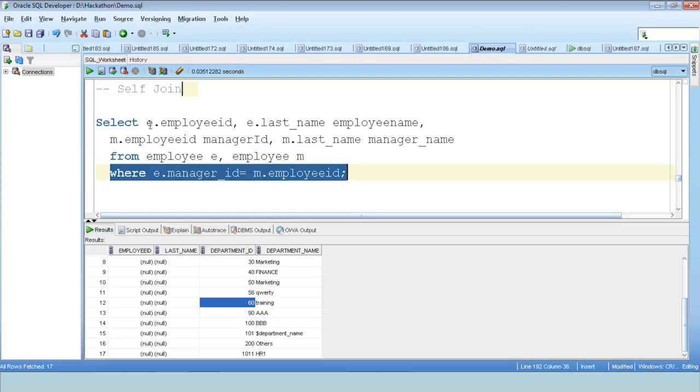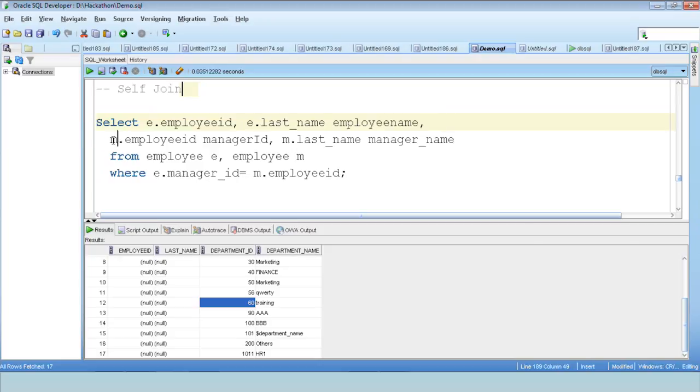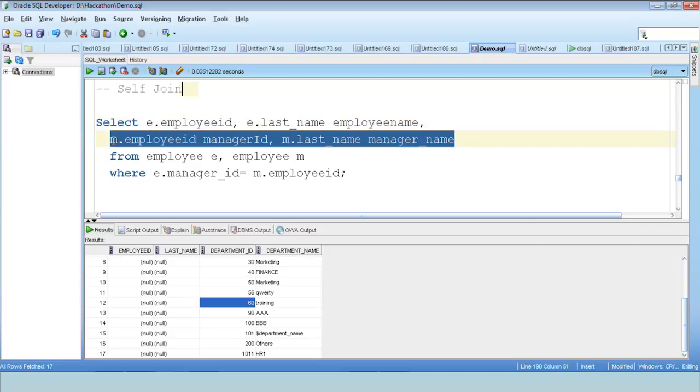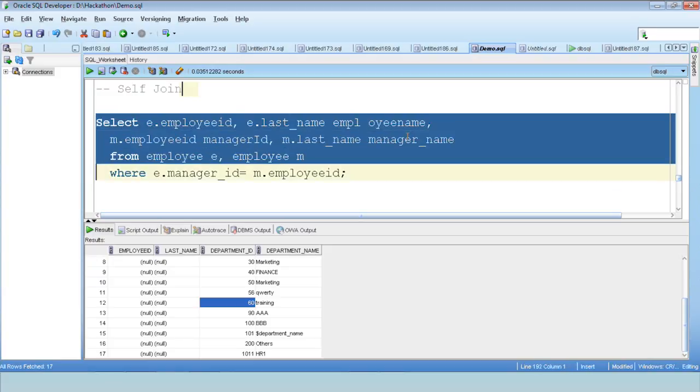Now whatever columns I am fetching like E dot something, those are employee details, okay, and whatever columns I am fetching with M dot column names, those are my manager details. So E dot employee ID is my employee ID, E dot last name is my employee's name, M dot employee ID will become manager ID, and M dot last name will become manager name. So if I execute this query now,